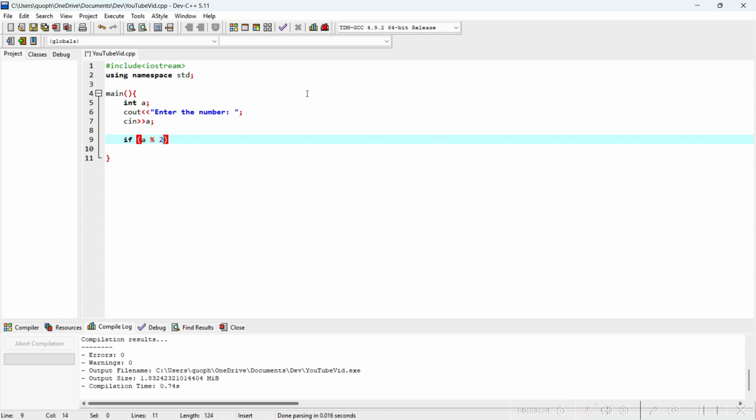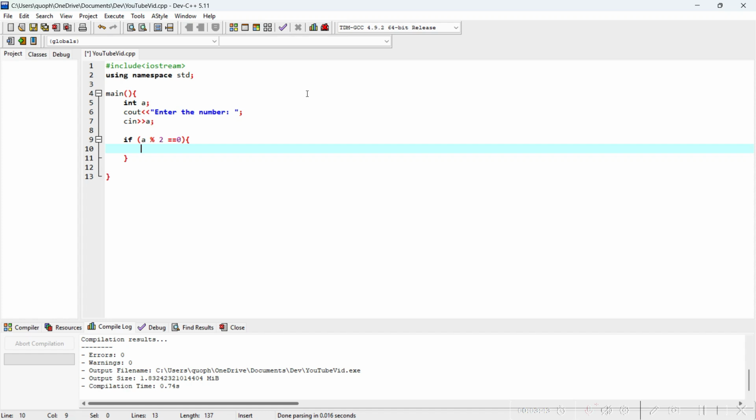So a % 2 == 0. This means that if the remainder of a when divided by 2 is equal to 0, then C++ should print, that is cout,